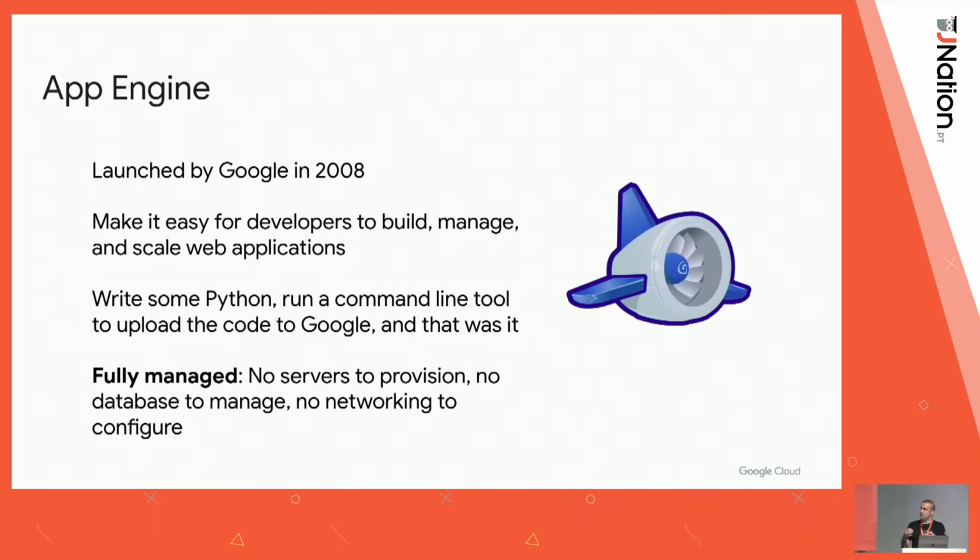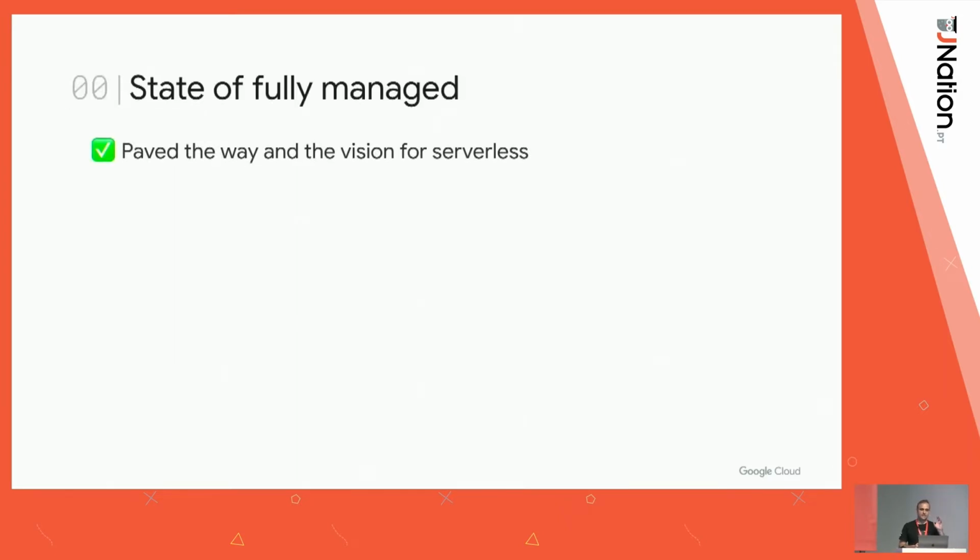App Engine came with default load balancing and default data store. So in my mind, this was kind of serverless, right? But we didn't call it serverless. We called it fully managed because some of the things were missing. For example, the payment model was not quite serverless. But this kind of started serverless in my mind. So when we look at the state in this fully managed world, this paved the way for the vision of serverless. So people started seeing that it is actually possible to run a service without having to worry about the underlying infrastructure. But it was very limited.